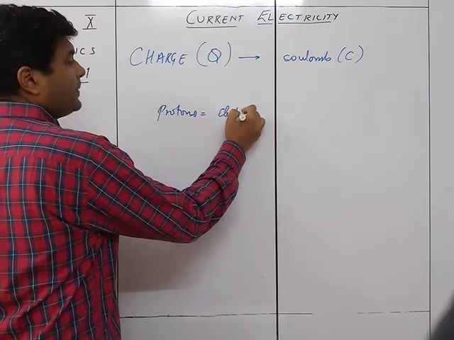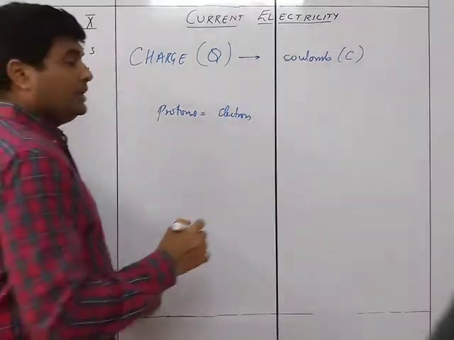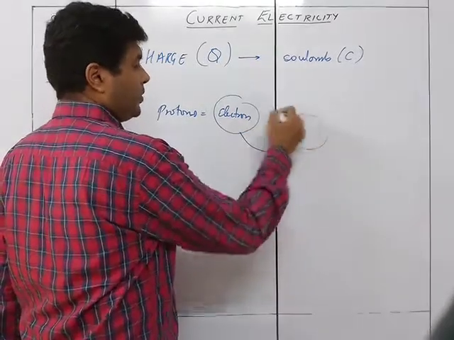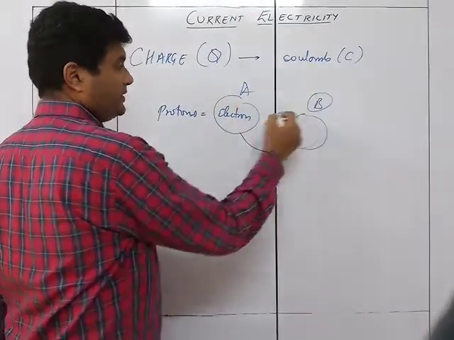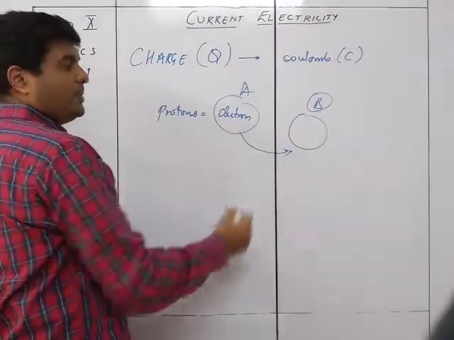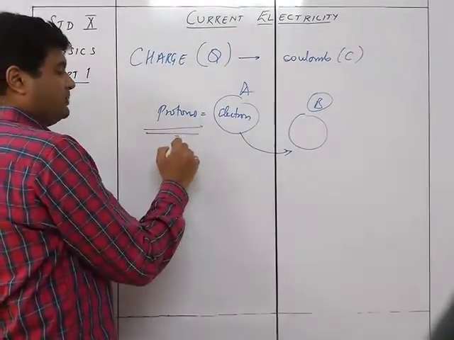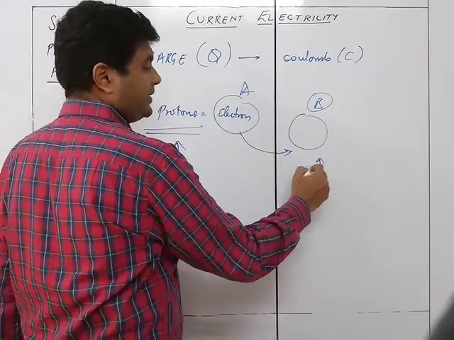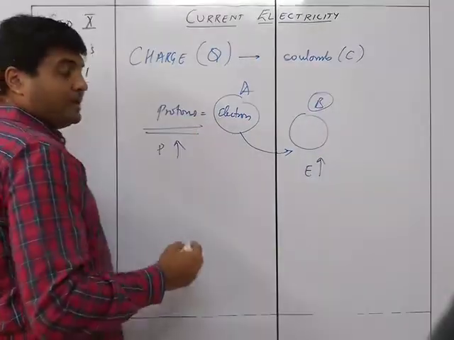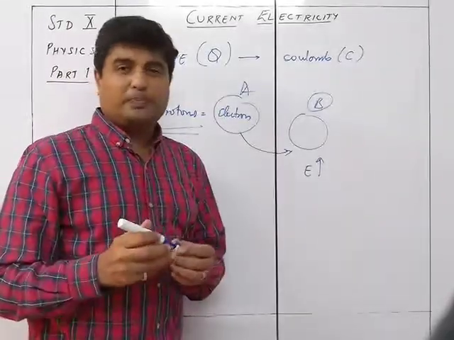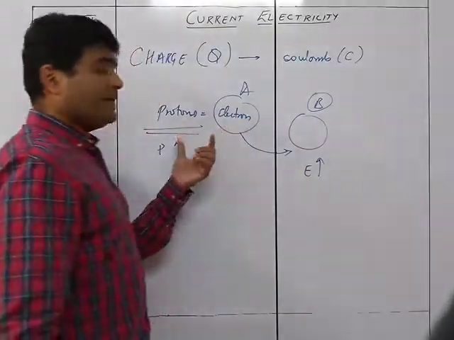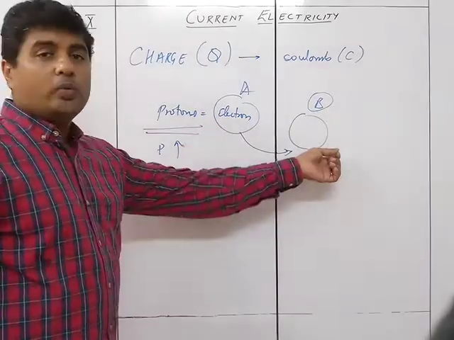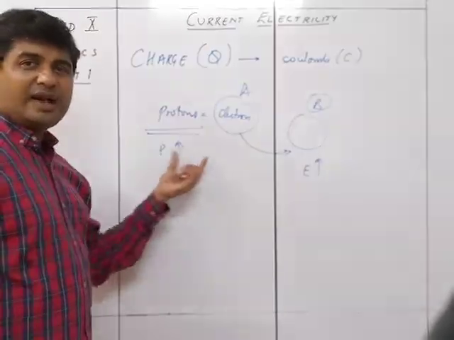Now when any particular substance is rubbed, the electrons are going to be transferred from one body to another, from A to B. So when it is getting transferred from A to B, the protons now become greater in A, and in B the electrons have become greater. Why? Because suppose there are 100 protons and 100 electrons in this atom, and if 25 electrons move over here, now there are 75 electrons and 100 protons.